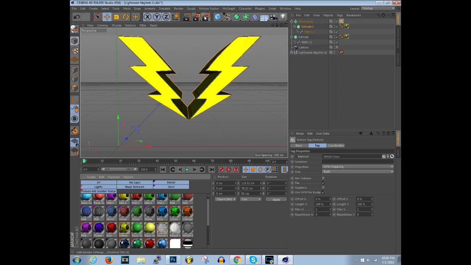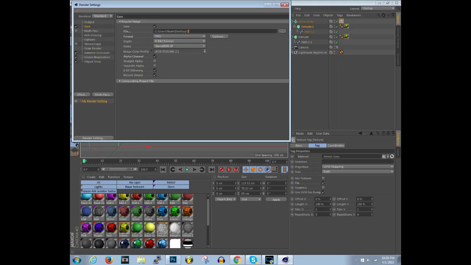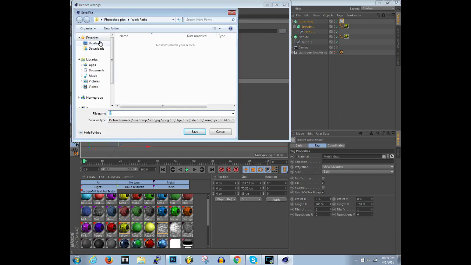You want to go here and click on the one with the cogwheel and the recording thing, what they use in acting movies. You want to go to here. It should be on output. You want to go to save, and then change this. Click the 3 dots at the end and change it to yours, because it's probably going to